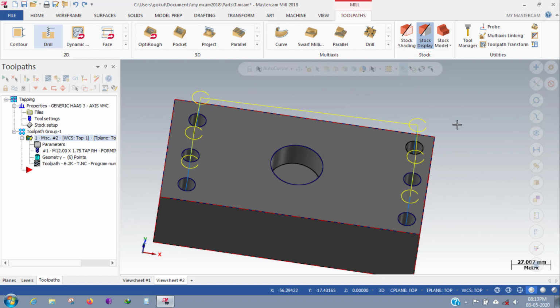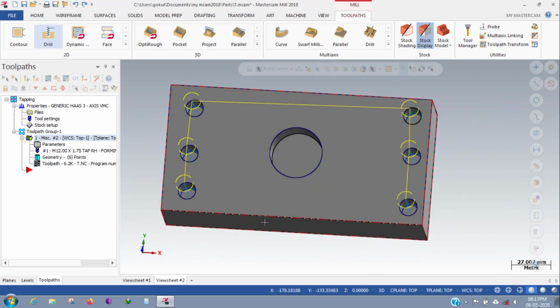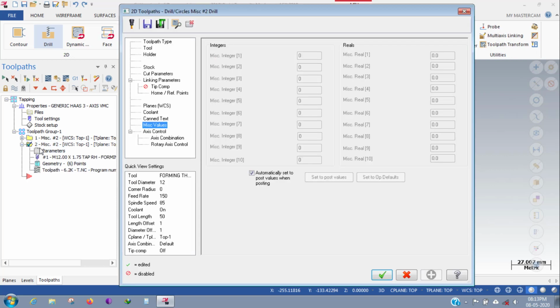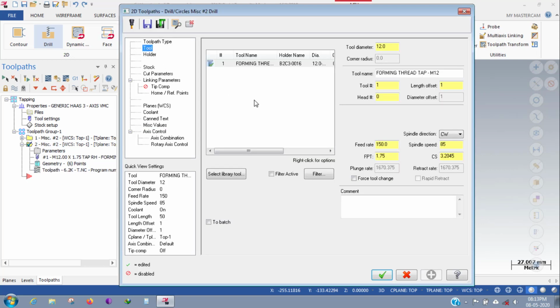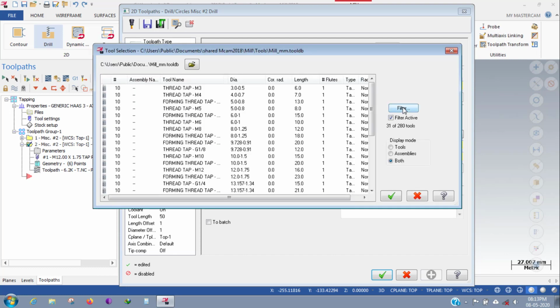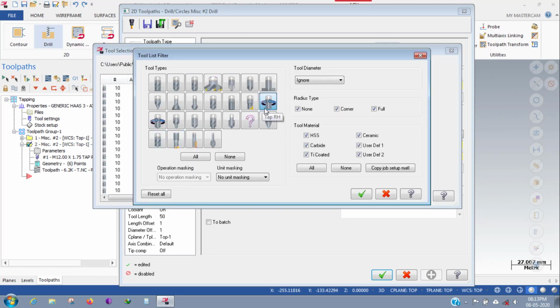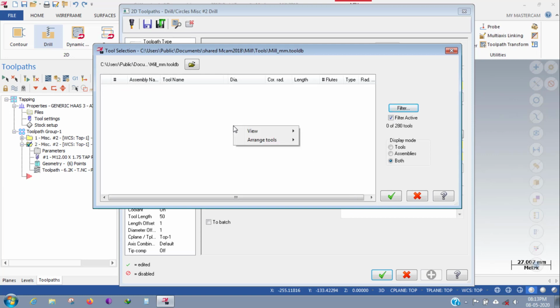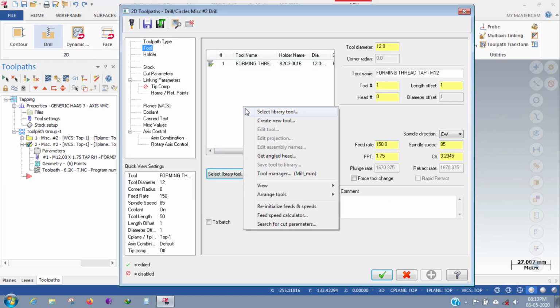If you see, the toolpath is generated. This is for a right hand tap, and the same applies for a left hand tap. I will do an example for you. Just copy and paste, go to the parameter, go to tool and select the tool. Go to filter, and it is a tap right hand, RH for right hand, and this is LH. For LH, I'm looking, there are no tools, so I go to create a new tool